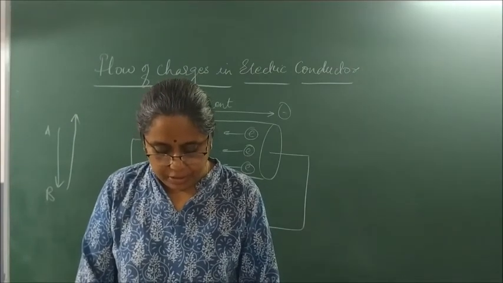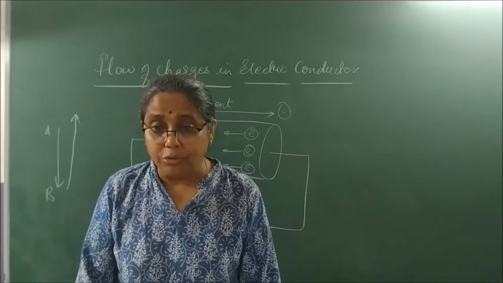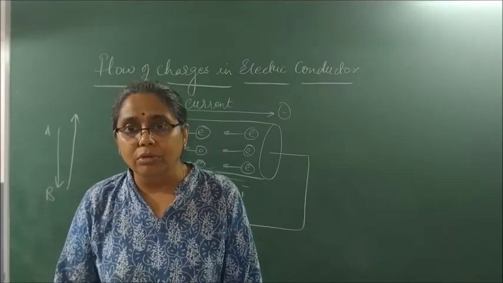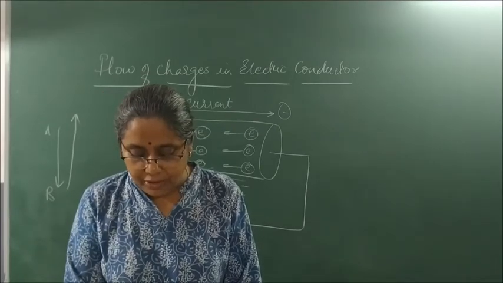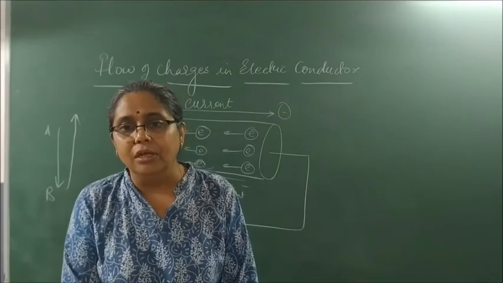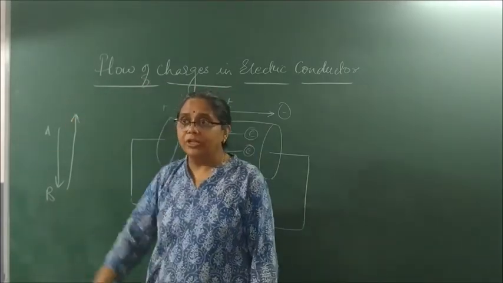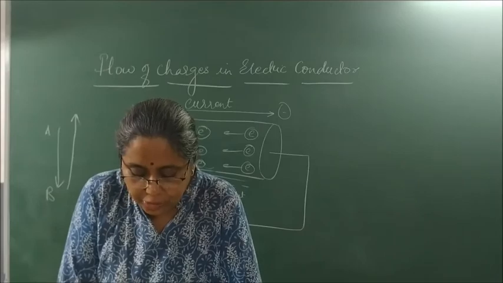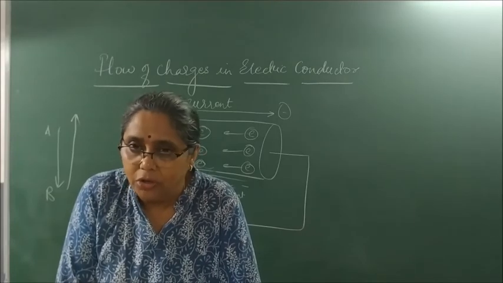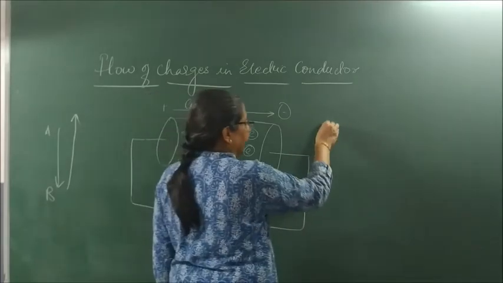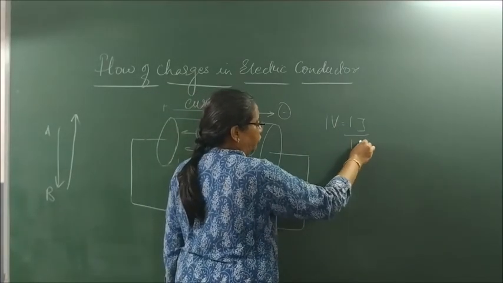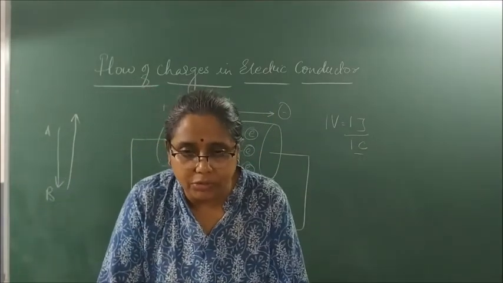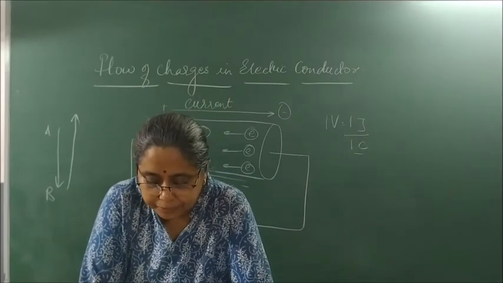Have we done the exercise questions of page number 202? No. So please write: name a device that helps to maintain the potential difference. Just now I said, to maintain the potential difference we use a cell or a battery. What is meant by saying that the potential difference between 2 points is 1 volt? You will write the definition of 1 volt. You will say, when 1 joule of work is done in carrying a charge of 1 coulomb from one end of the conductor to the other end in an electric field.